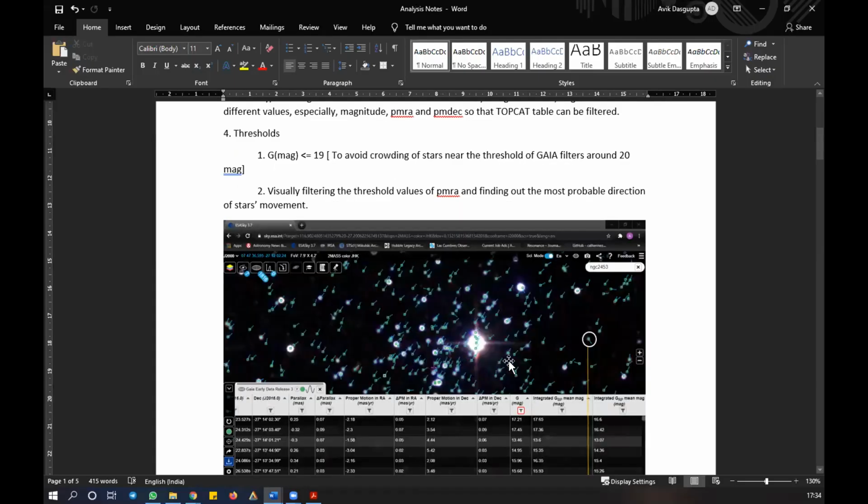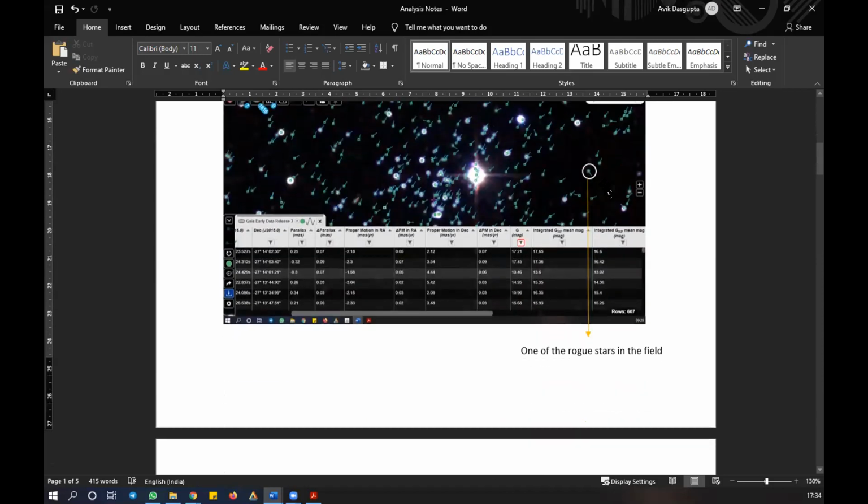So taking a 9 arc minute sort of mean value, I tried to first take a very small sample in the ESA Sky and drop down the PMRA and PM dec values using visualization.